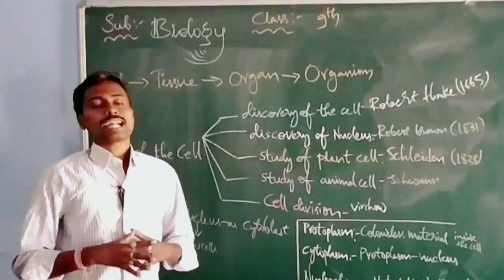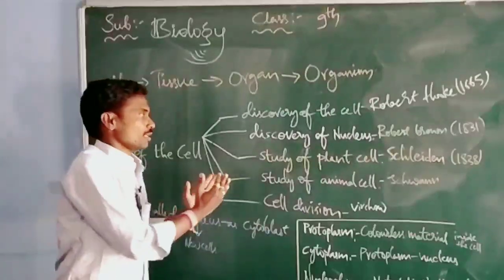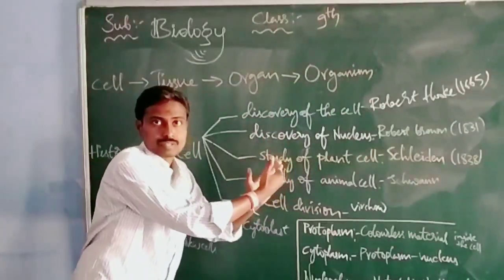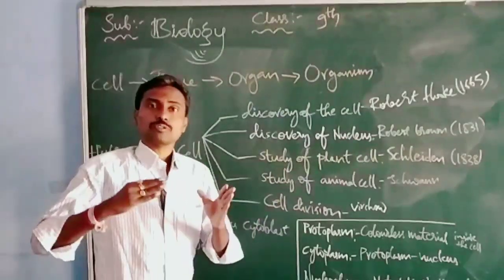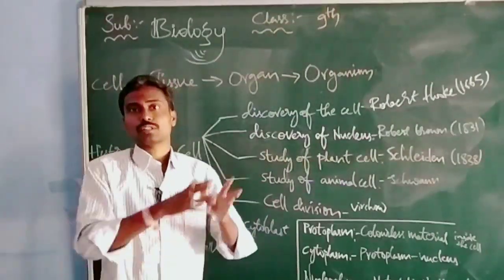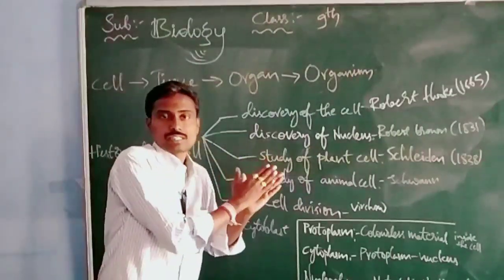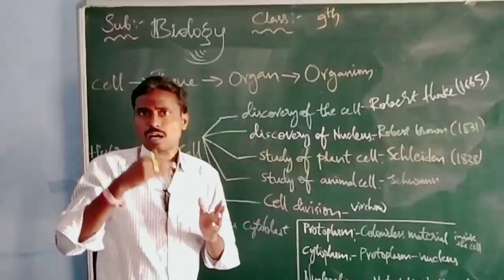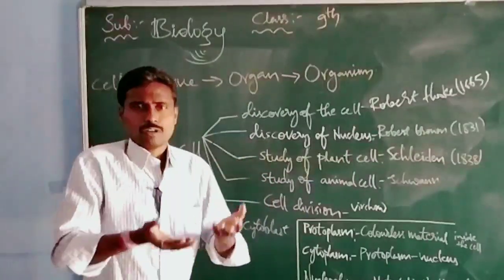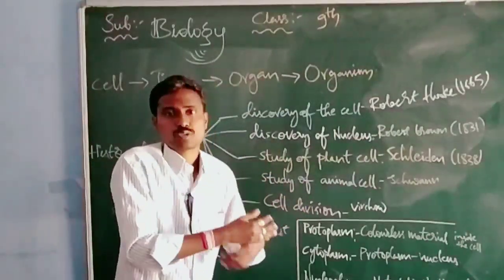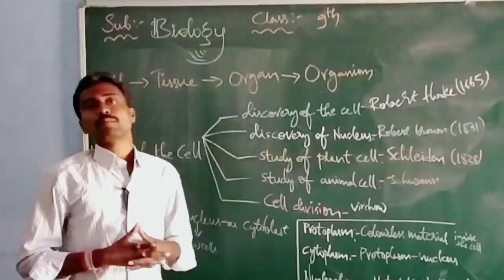Let us see another academic standard: communication through drawing. By seeing a drawing, you are able to say what the diagram indicates, what it tells. And you are able to draw the particular diagram. And we need to make a model of a particular object. For example, we listen to the class about plant cell and animal cell. Then you are able to make a model of plant cell as well as animal cell with whatever available resources, whatever is present in our surroundings. Yes, that is about communication through drawing and model making.